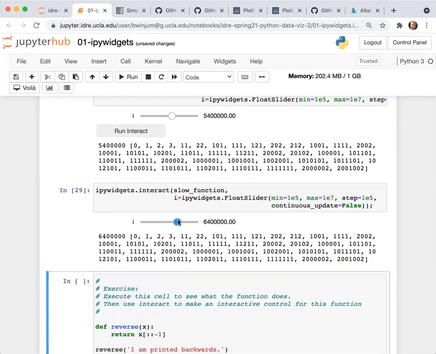This might be a little hard to notice at the moment, but certainly when you generate plots and data visualizations, it can take a long time to render the graphic. So something like this can be very useful. If it takes a long time to render the graphic and you try to vary the value of the slider, you don't want the graphic to be rendered for every single value that you're sliding through. You only want it to be generated for the one that you settle on at the end before it actually tries to render the graphic. So that's just a usability feature.